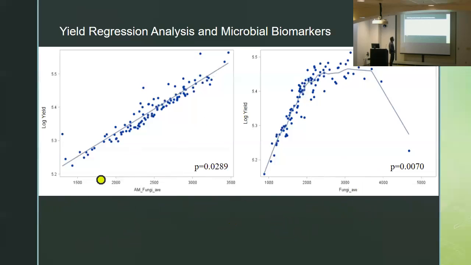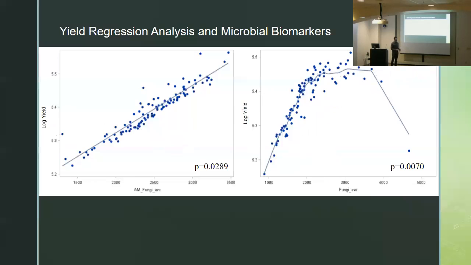What we saw is that the AMF fungi had a linear relationship with crop yield during these years. So as we increase AMF fungi, we get an increase in yield. However, the general fungi had a nonlinear relationship. It was linear up until about 220 picomoles per gram of soil, not concentration of fungal lipids. However, after that point, there seemed to be no benefit of having extra fungi, or it was not correlated with an increase in yield. What this might be capturing is that